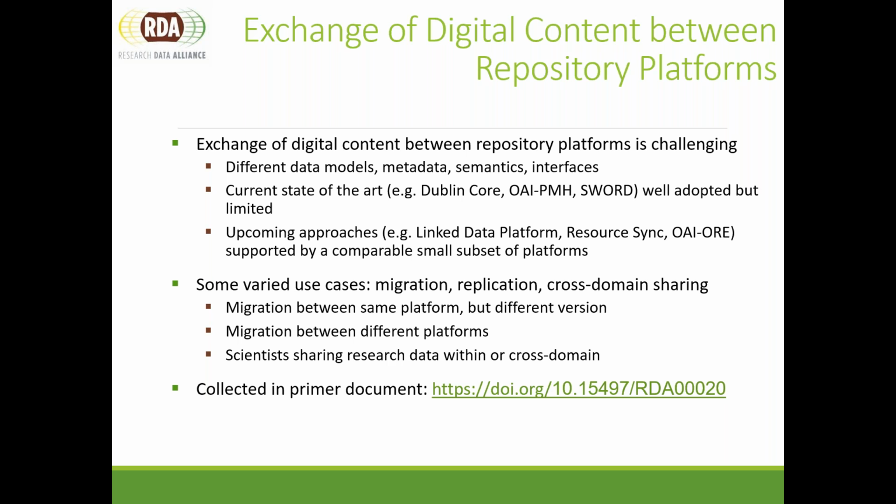So these are the migration, the replication, and the cross-domain sharing of content. Examples are the migration between the same platform. So if the version of a platform changes, that you have to migrate the content from the one to the other version, or the migration between different platforms, or scientists who want to share their data with other scientists from other domains. We collected all these use cases and current status of different platforms, as well as this capability matrix